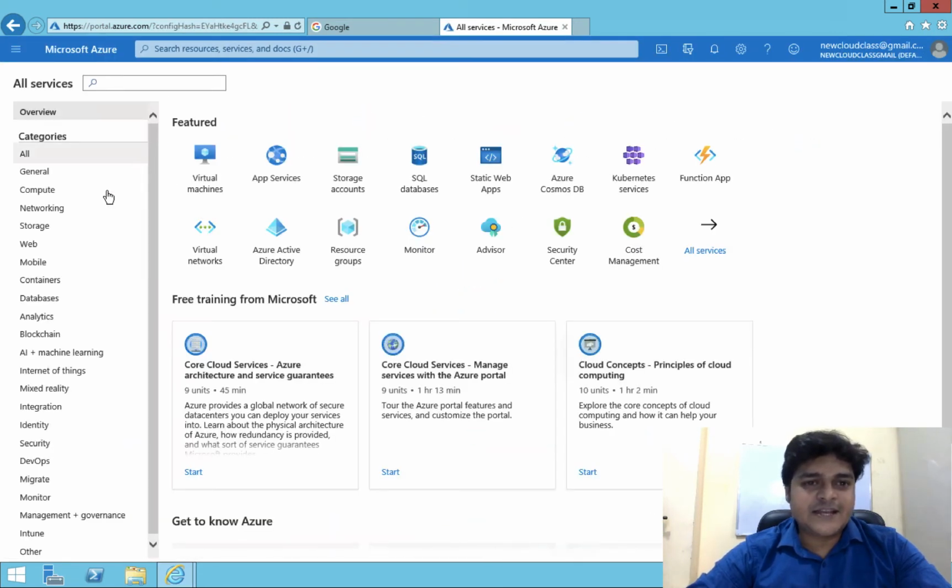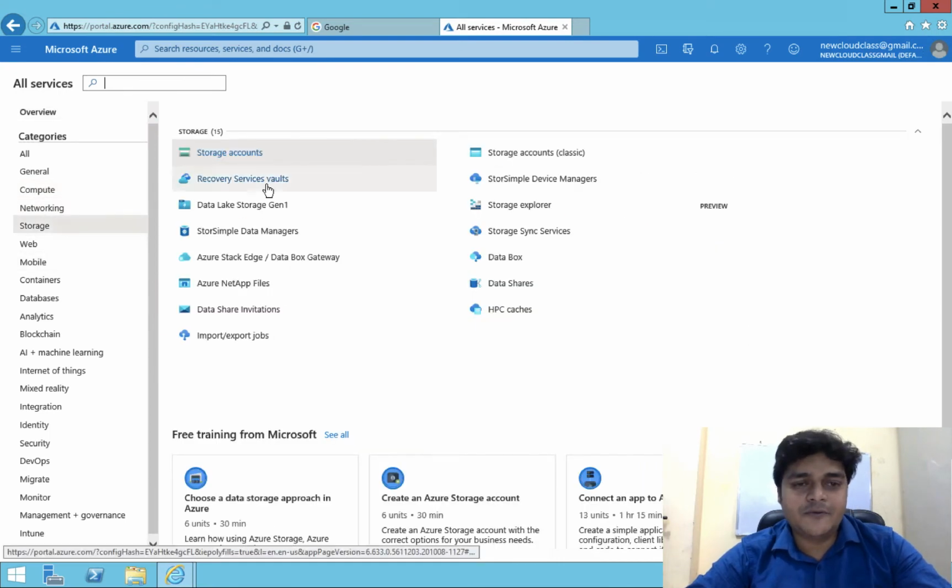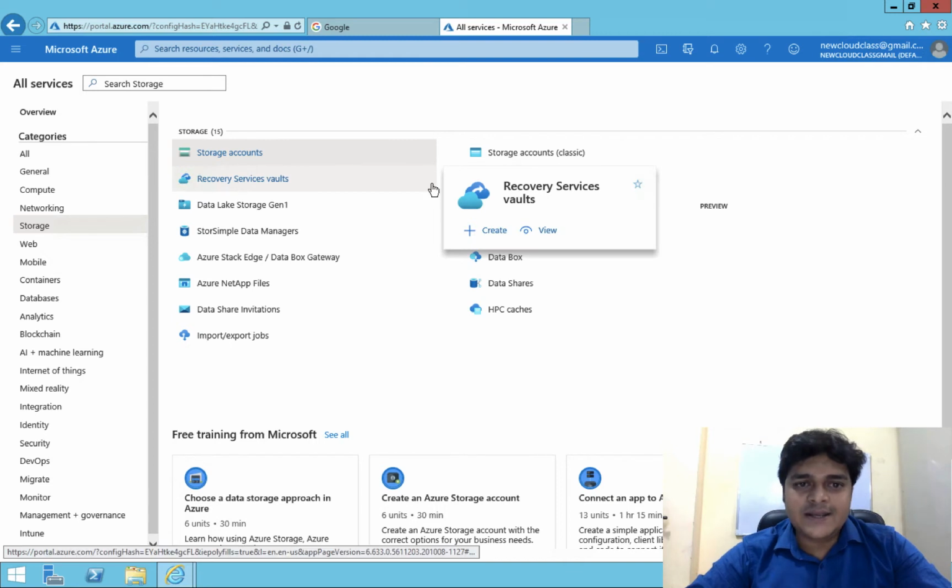Click on More services again and go to the storage part. In the storage part, we have the option of Azure Recovery Service Vault. Click here.